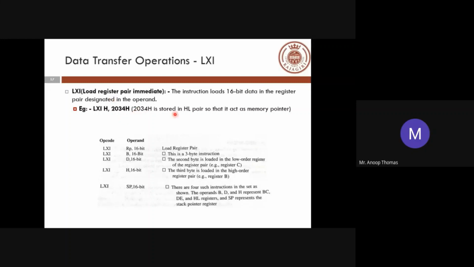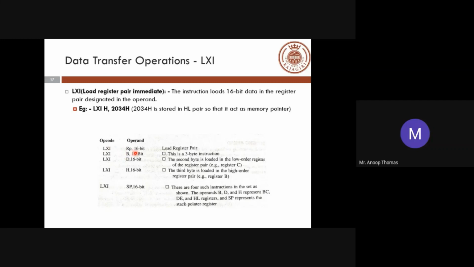This value is stored in the HL pair so that it can act as a memory pointer. You have already seen a move instruction which uses the HL pair, where the HL pair content acts as a memory pointer. So in order to load this value into H and L, we will be using the LXI instruction. The 16-bit value signified here will be loaded into the HL pair. That is how it works with respect to data transfer operation with LXI.